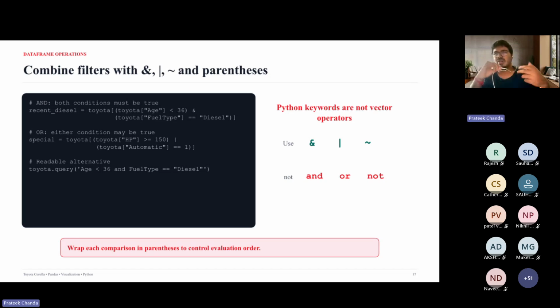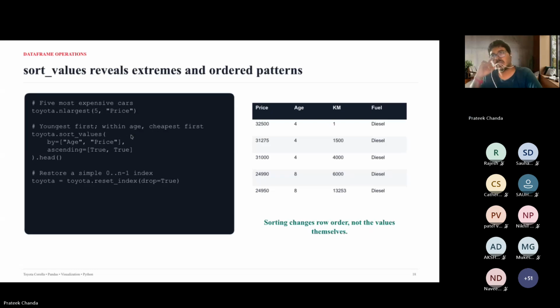You can also have an OR operator, similar to how Boolean OR operators operate. All these things are possible, which are also there in NumPy arrays, so it's very similar to that. You can also sort values in the data frame.